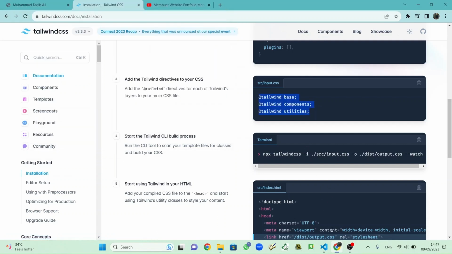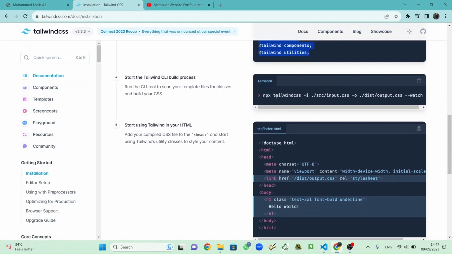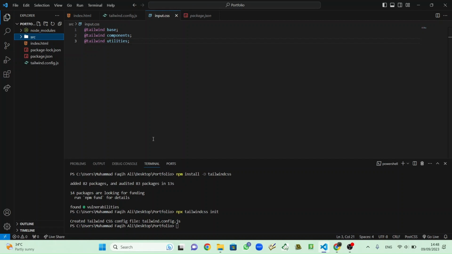Control C and paste here, save and leave this one. Next step is we have to copy all of this code also. Control C, Control V, and paste that code on